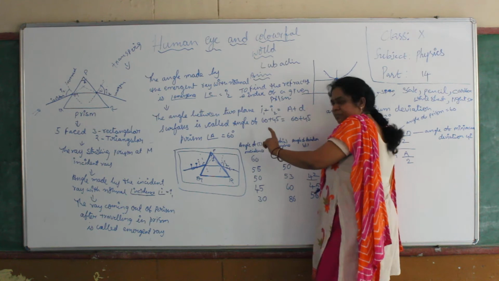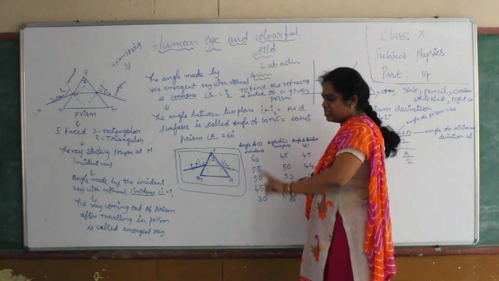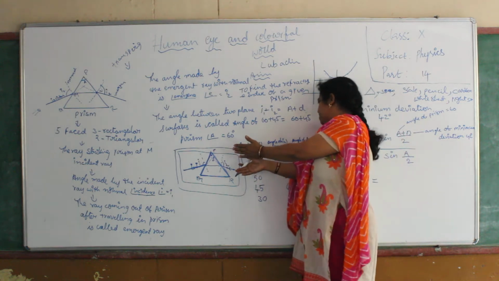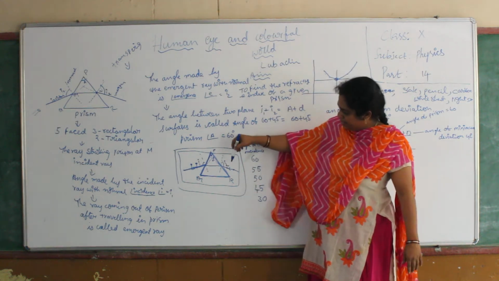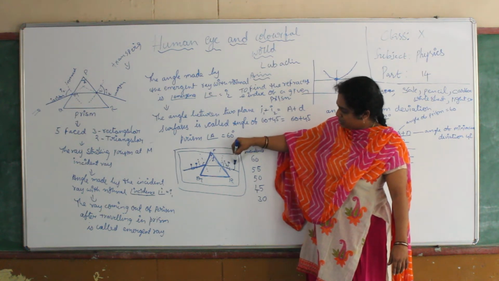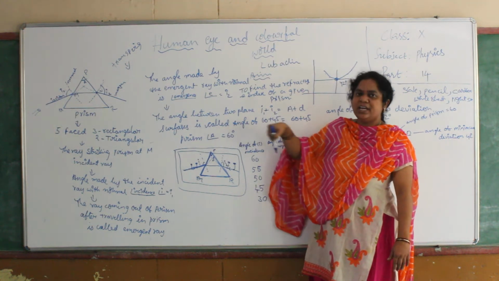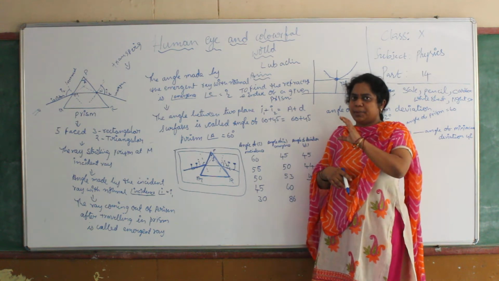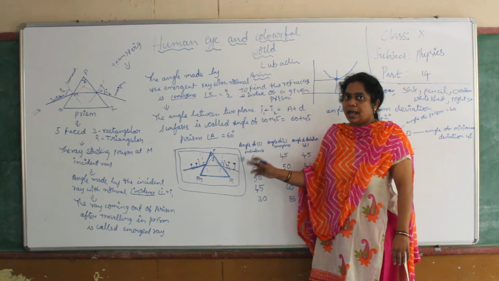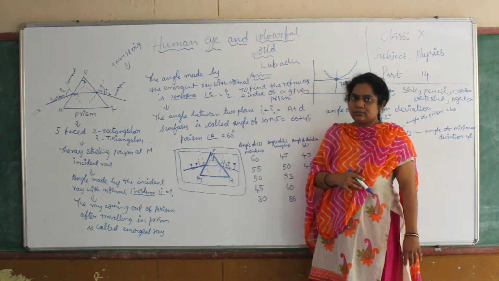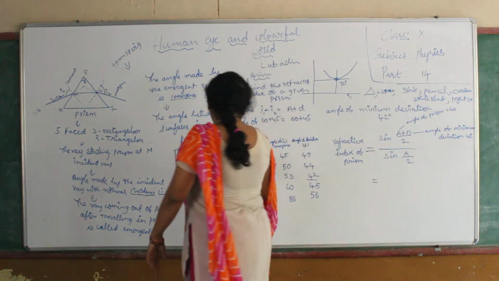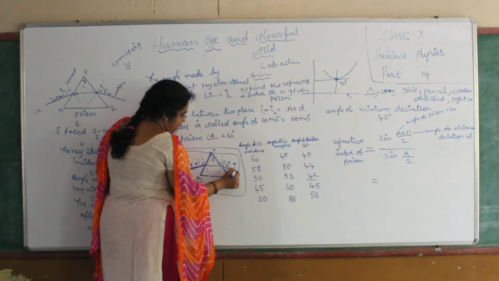From the glass prism, you observe. First you arrange the two pins in a straight line, and even here arrange two pins. These two pins should be straight. When you are seeing from the prism, these two pins should be straight to the other two pins. After that, remove the prism again and join these two pins now.